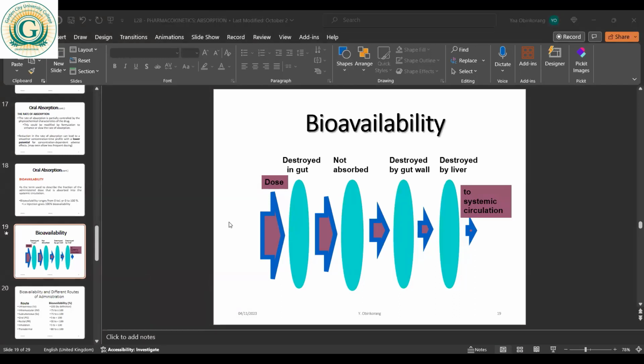All right, good. So now if you look at this diagram, we are talking about another pharmacokinetic parameter, which is bioavailability. And bioavailability simply means the amount of drug that finally reaches systemic circulation. Okay, we are looking at the amount or the fraction or the percentage of the drug that finally reaches systemic circulation. Like I earlier said, if you give a drug orally, this drug is going to